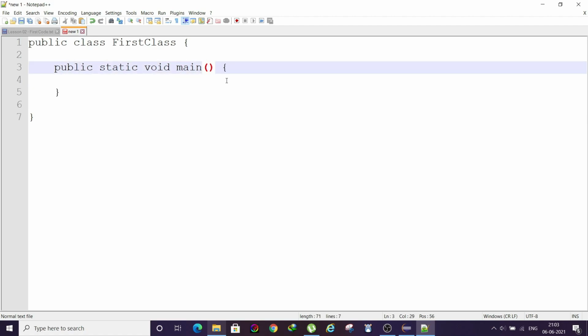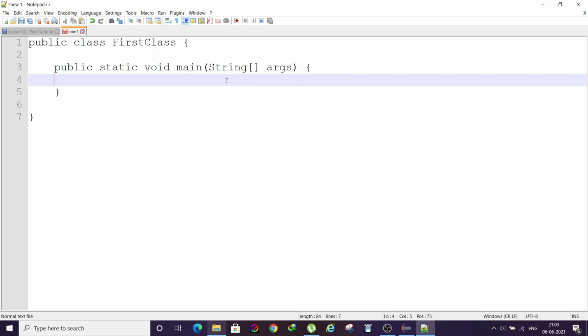Another important thing that we missed is that it should accept an array of string. Once done with it, we can write our line of code to print hello world.